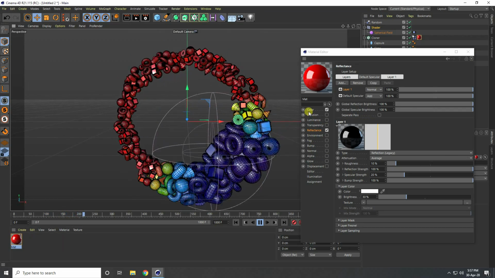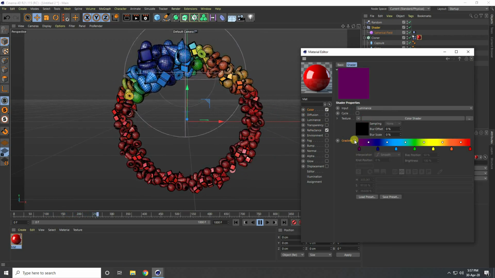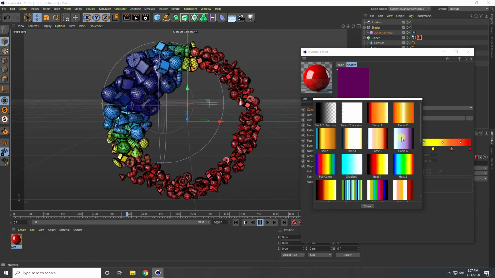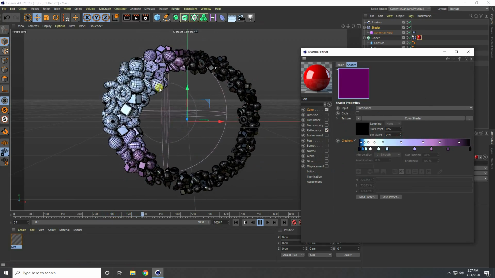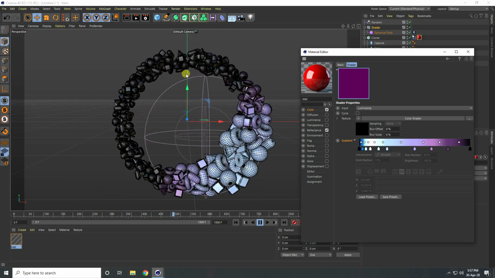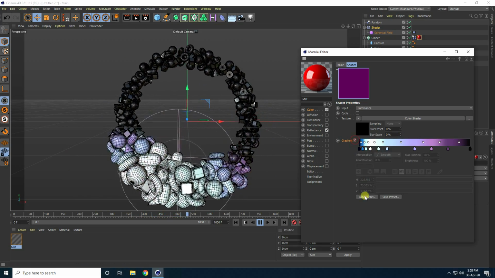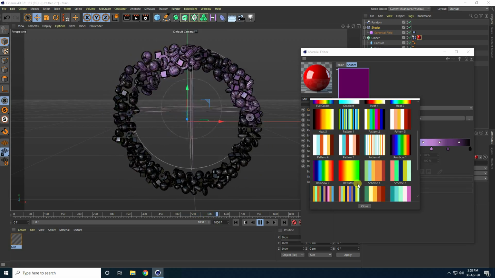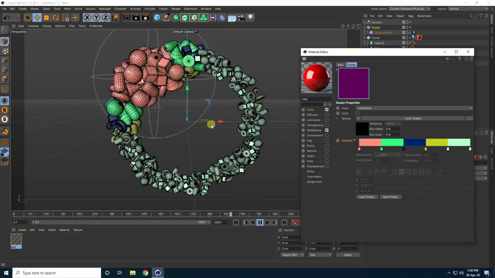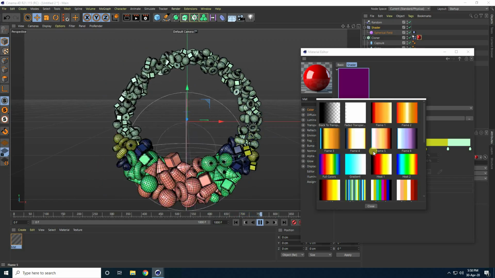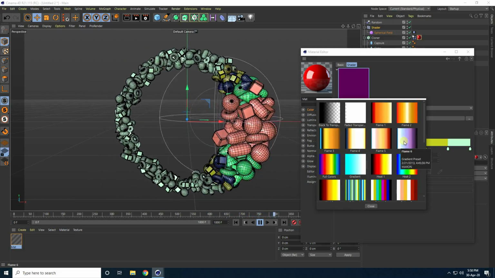Right? Okay, so guys, now you can change more color. So gradient and load preset and you can take like this one. Yeah, this one is also better. That's really beautiful. And more, guys, like you can take anyone. This is also good, right? Okay, see guys, that's simple example.